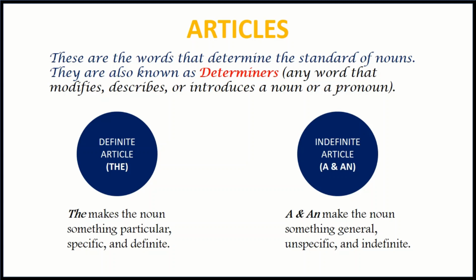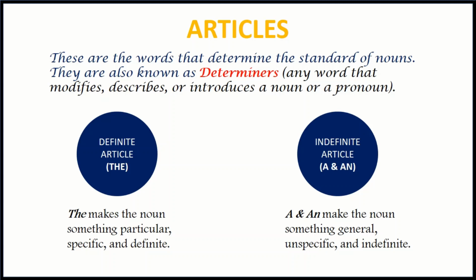The indefinite articles are either "a" or "an." Both are indefinite articles, but which one we use depends on the sentence. If the indefinite article precedes a vowel sound, then we use "an." If it does not precede a vowel sound, then it is "a."